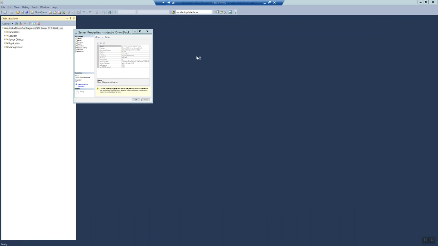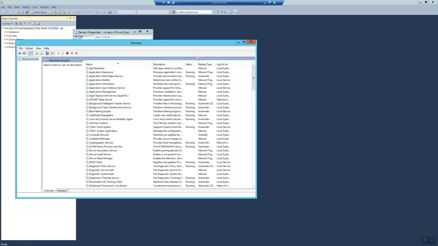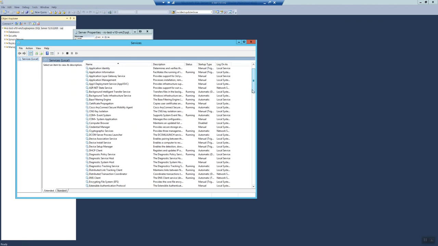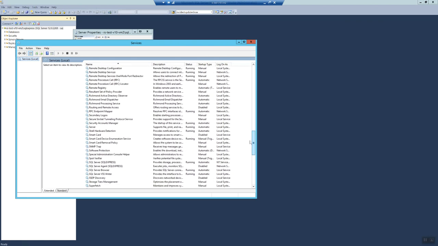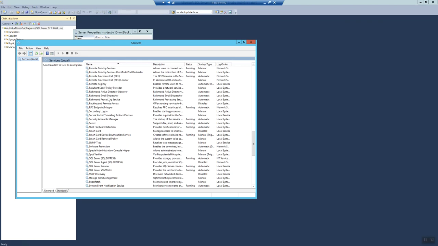And then once you've done that, we actually need to start Richmond services here within the Windows Services control panel. So it's starting each one of these services. They're already set to automatic, so just go in